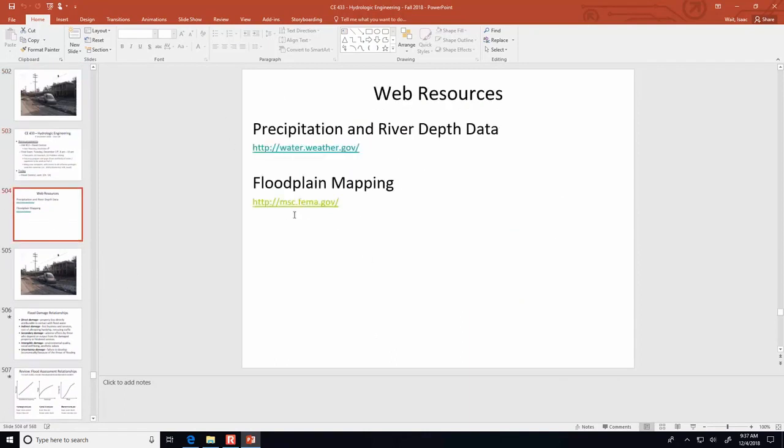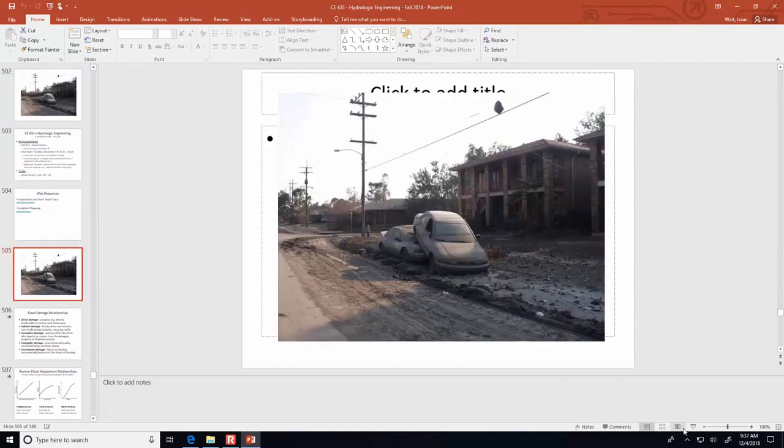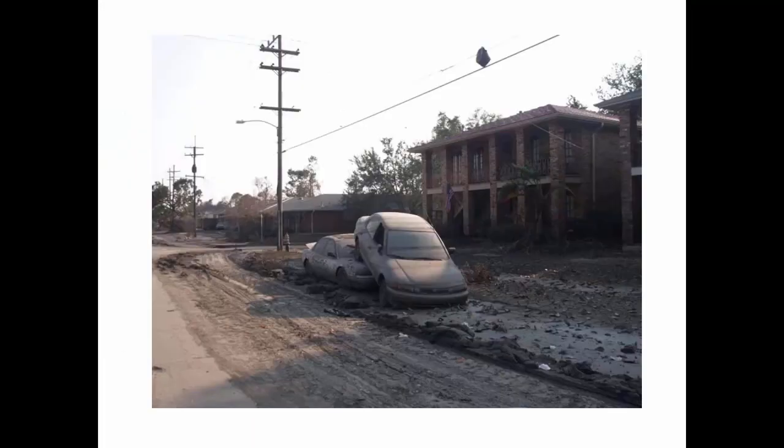All right, so that map service center is something that you're going to have to use for the assignment. This picture of flooding is from Louisiana after Hurricane Katrina, and it shows just a bunch of wrecked vehicles, muddy sidewalks, muddy yards, and one of the problems that they had with the flooding in Hurricane Katrina was that